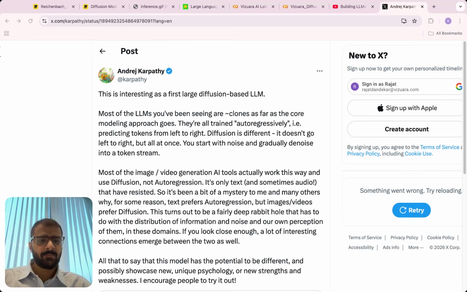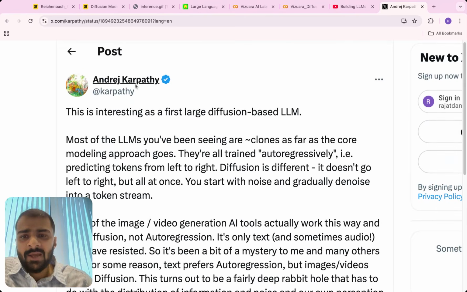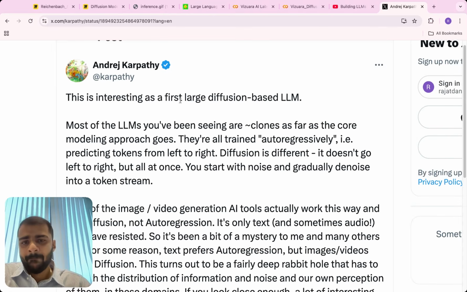Let's get started. Initially, as I mentioned, I'll be taking you through my journey, right? I'll be taking you through the exact timeline which I followed, and how I made this series on diffusion based language models. Honestly, I had seen this tweet by Andrej Karpathy first, where he mentioned that this